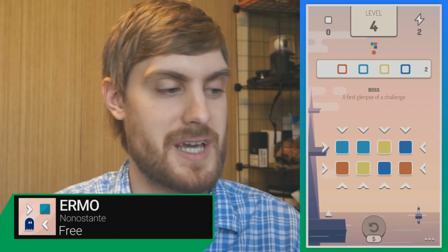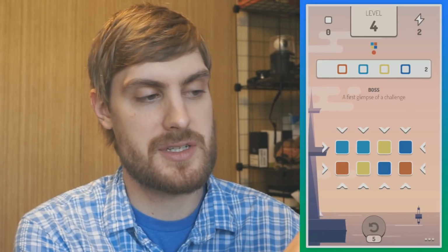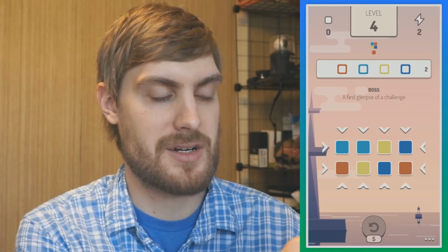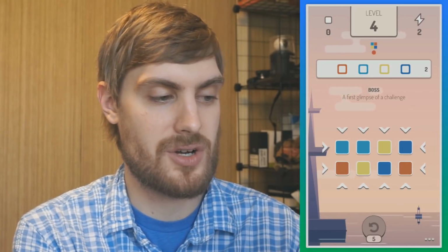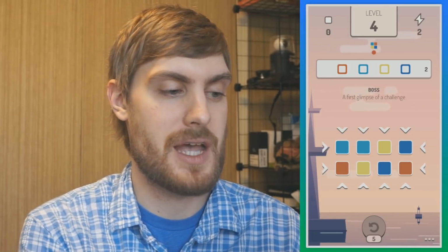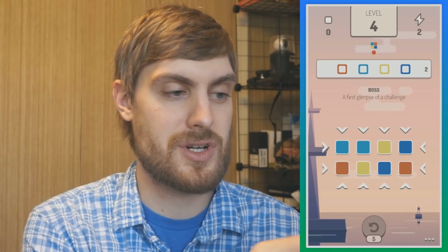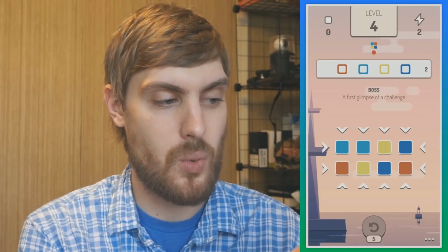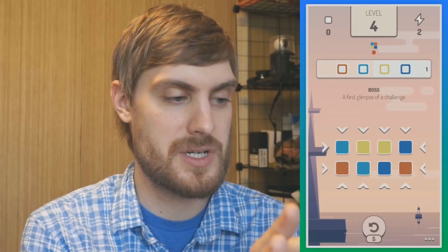Hermo is a puzzle game where you have to get these blocks in columns. At the top of the screen you can see the blocks that are colored, and those are the columns that I have to match. So I need the dark red columns to be on the far left, the blue on the far right, etc. You move them by these little arrows, but you only have a certain amount of turns. I have 2 turns, which means I can move these twice, and that's it. So what I'm going to do is move this one down,